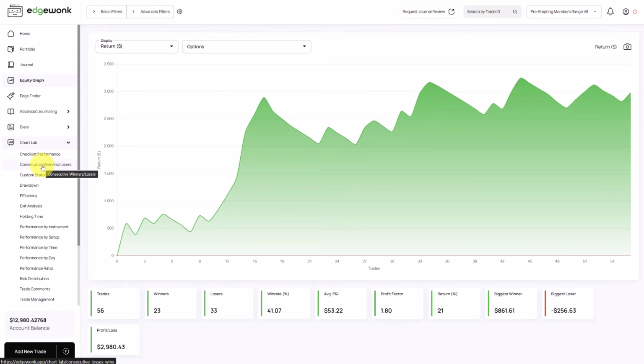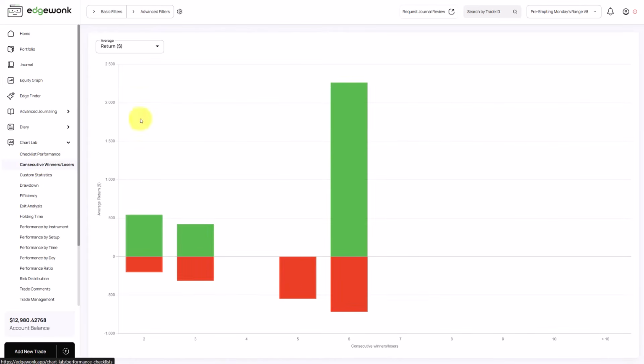We go to here our losing streak analytics, and we can see that here, this is the 6 trade losing or winning streak bar. And you can see when we look into the hover over the pop-up, we have frequency 1, which means we have 1 winning streak of 6 trades in a row. And then here for the red part, we see frequency 2, which means we have 2 losing streaks of 6